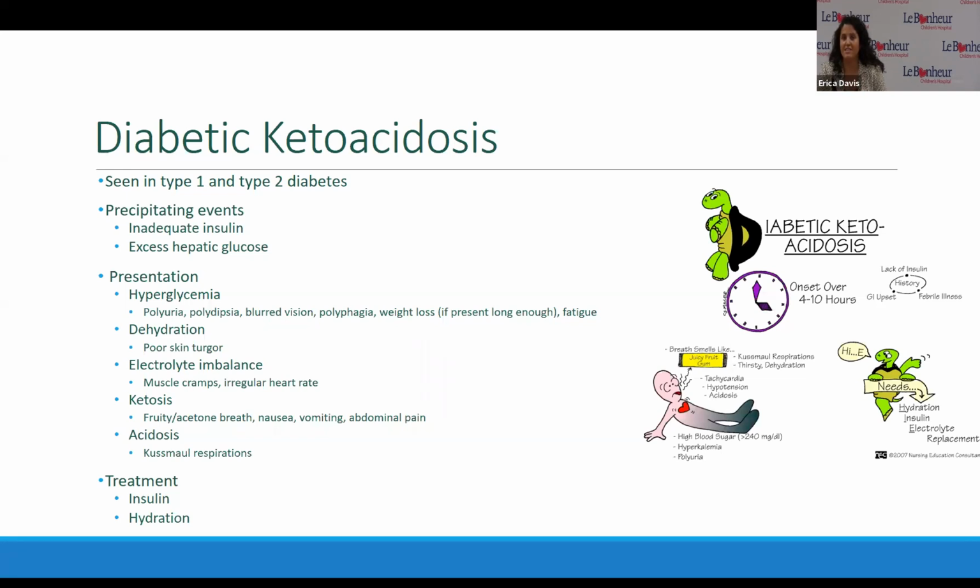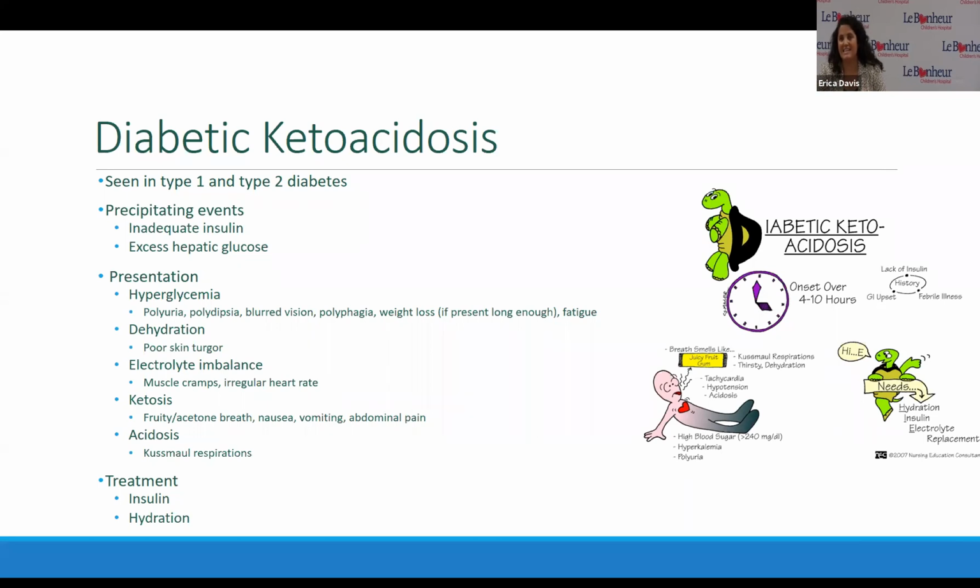If we don't address those early signs, the hyperglycemia and dehydration, then we're going to start to see some ketosis, where that ketone buildup happens. We do know that ketones are an acid, so that's going to lead to acidosis. We know that the body wants a certain balance of acids and bases. If we get that buildup of acidosis, it's going to mess up a lot of other things as well. So we're going to get very sick if we don't go ahead and address that.